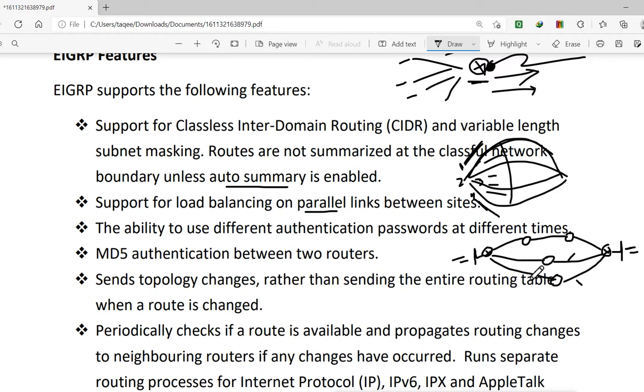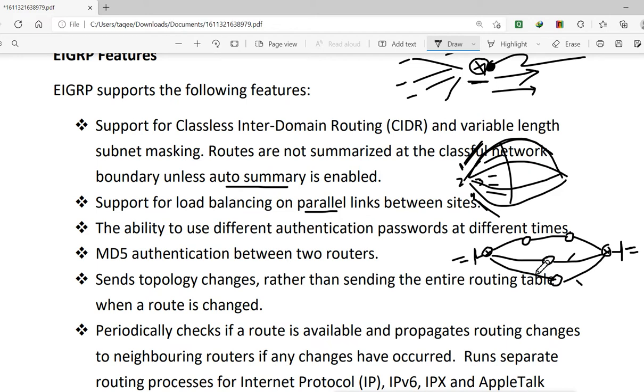And for example, in OSPF also, it can take these 2 links as parallel links and do the load balancing if the cost is similar. So suppose the cost of this link is 10 and this link is also 10, it will use both links and do the load balancing. But RIP and OSPF use the links only when they are equal, and they can support up to 4 equal links. Now EIGRP can also do the same thing. It will support the 4 equal links.